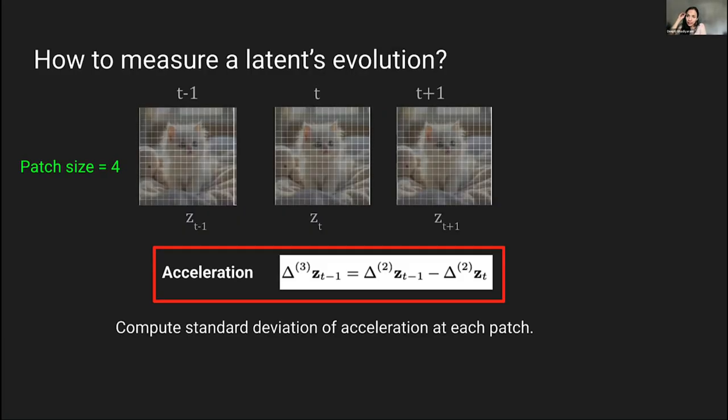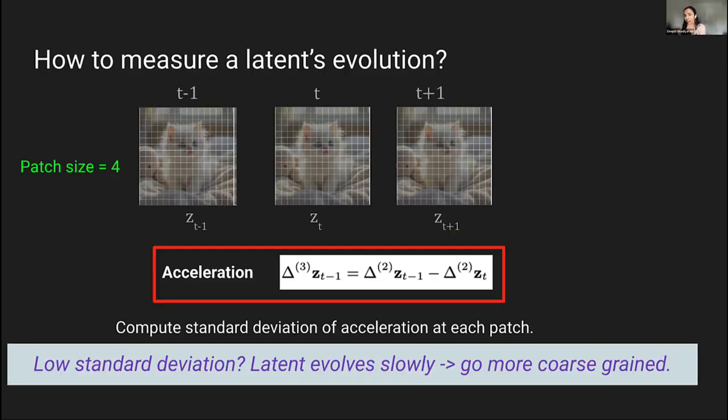We compute the acceleration at patch size 4, and again compute the standard deviation of it. Let's say the standard deviation is still low, which means that something in that patch is evolving very slowly, and hence we don't have to allocate as much compute.